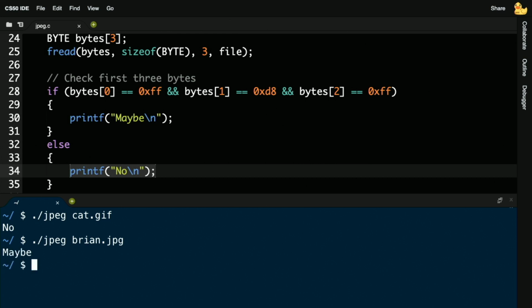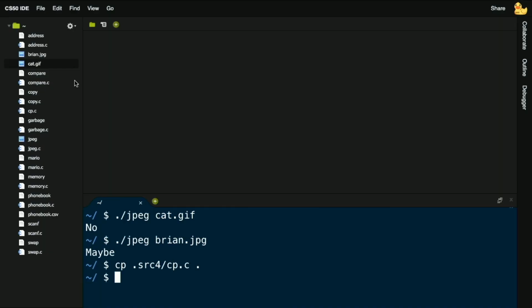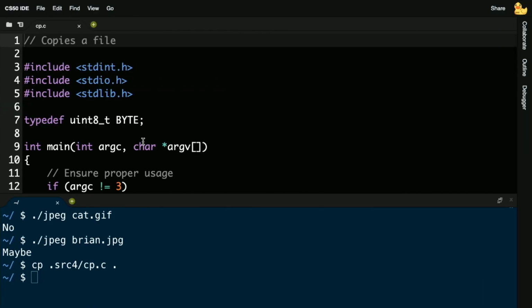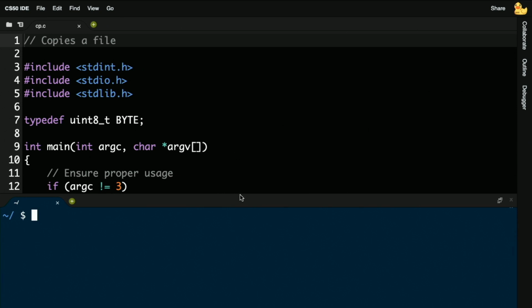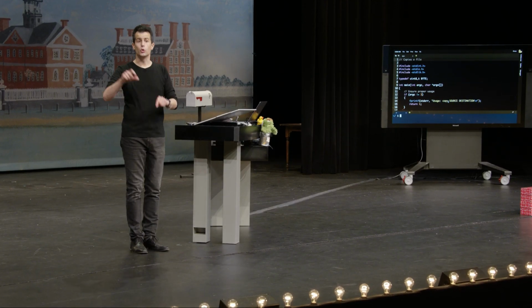And again, maybe only because the algorithm for actually adjudicating whether something is a JPEG is a little more complicated than that. But indeed, I can now access the individual bytes and therefore pixels, it would seem, of an image file. And in fact, we can even do this. Let me go ahead and show you one last program that we wrote deliberately in advance, just to give you a taste of what's coming with the next problem set. This program is a re-implementation of the program you've probably used 1 or more times called cp. Recall that cp is a program in the IDE and in Linux more generally that allows you to copy a file. You do cp space the file name space the new file name.